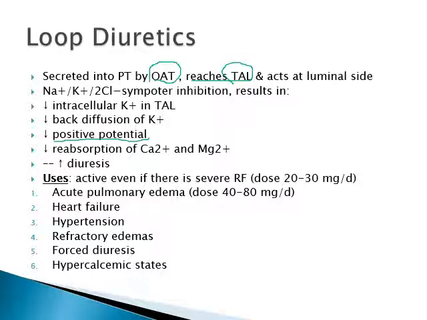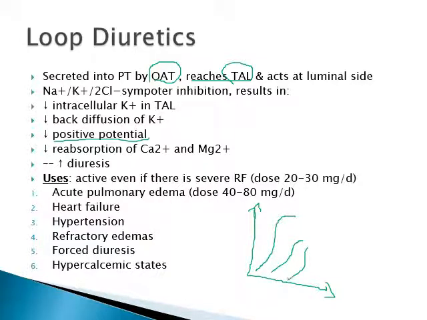So where we can use this, we will again come back to this mechanism of action in the next diagram. So let us first see the uses. What are the clinical uses of loop diuretics? They are also called high ceiling diuretics. Why high ceiling? Because one of the important factors I told you is that they can cause renal excretion of sodium of about 25%. So, high ceiling diuretics.